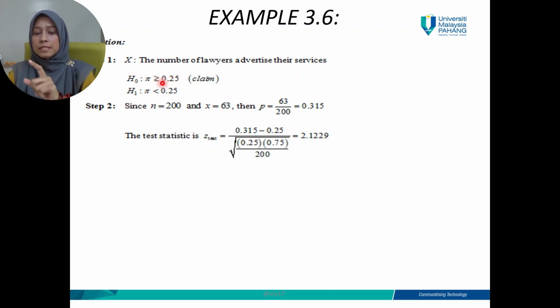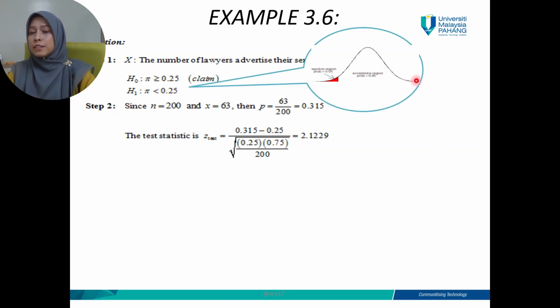So this is a left tail test. Am I right? This is a left tail test. So therefore, you will have a left tail test rejection region, which means your rejection region will be on the left hand side and the right hand side is the acceptance region. Okay, so this is your rejection region, and the critical value that will separate the rejection and acceptance region here